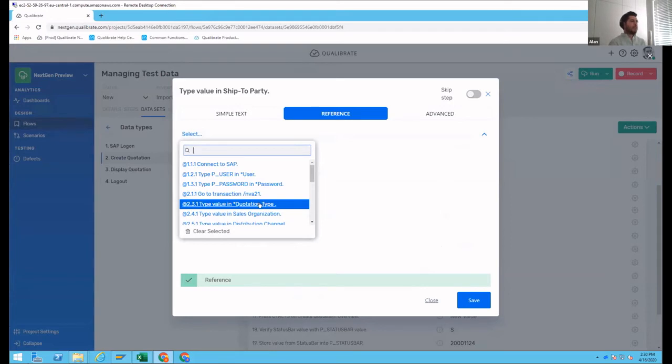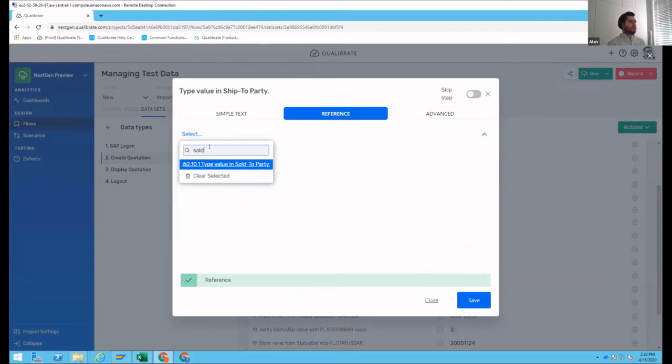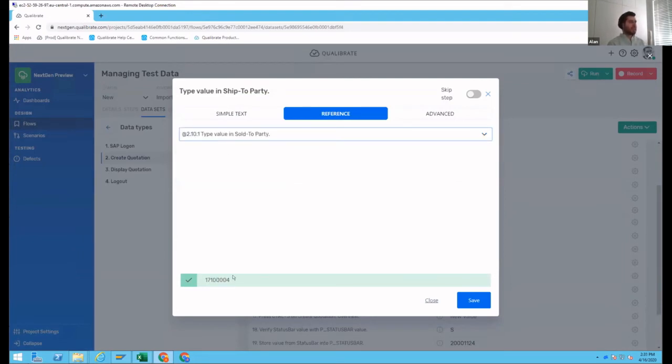But because I want to reference the sold to party, I can also do a search. So I just type sold and immediately find the parameter value that I'm interested in, because I want to reference that specific step. And if I select it, you can see that it also populates what we call the validation area here, which brings me the value of that step. So I can also validate it before I configure it and save the configuration.